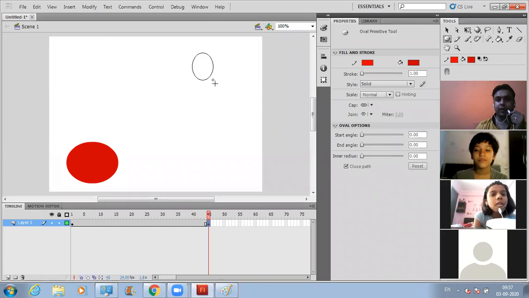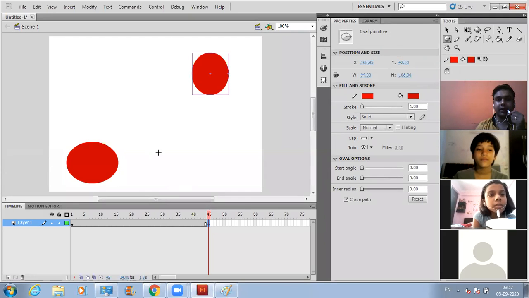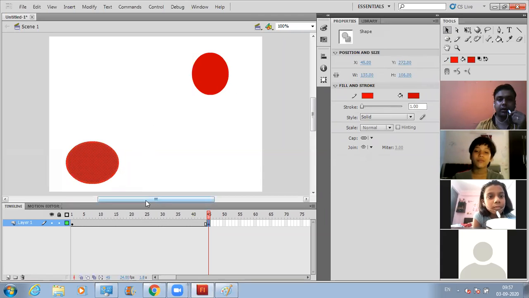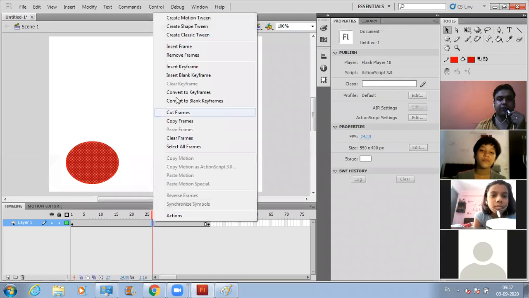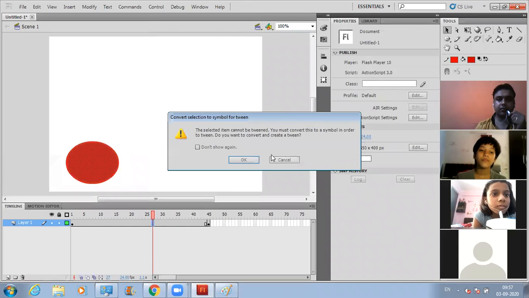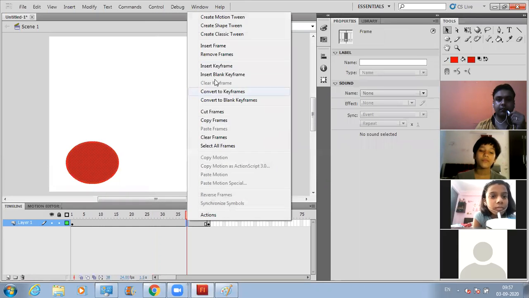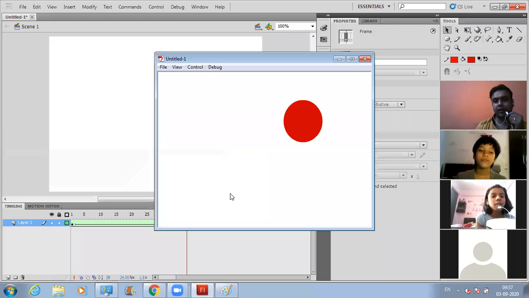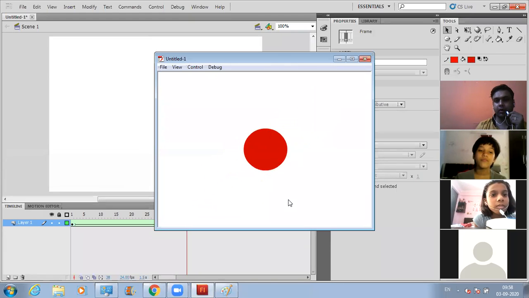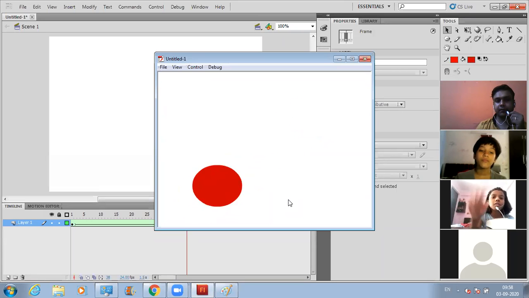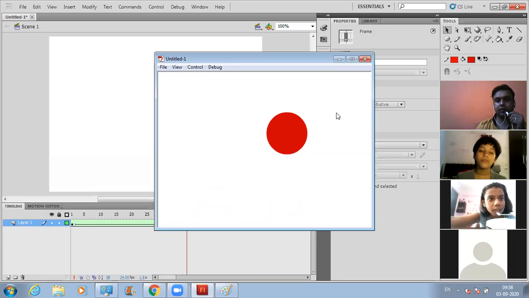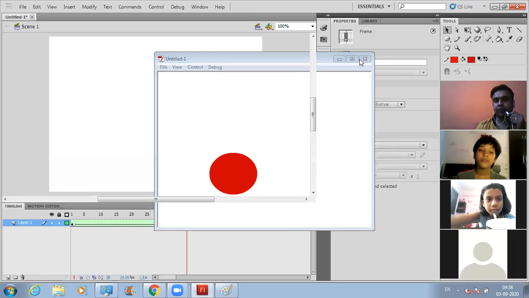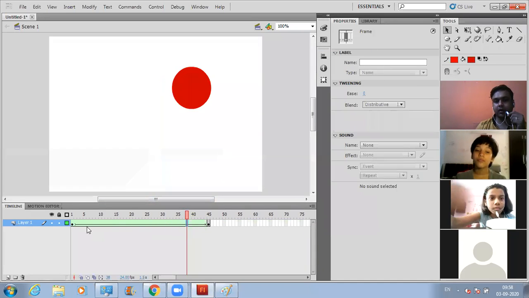I'm not explaining this to you, but I'm just showing you a kind of motion that you can create in this Flash environment. Are you all able to see the circle moving from this point to this point? Are you all able to see it moving? Yes. Okay. So why is it moving? Just because of this timeline over here. Now, if I press enter, you will see this, which is called the playhead.